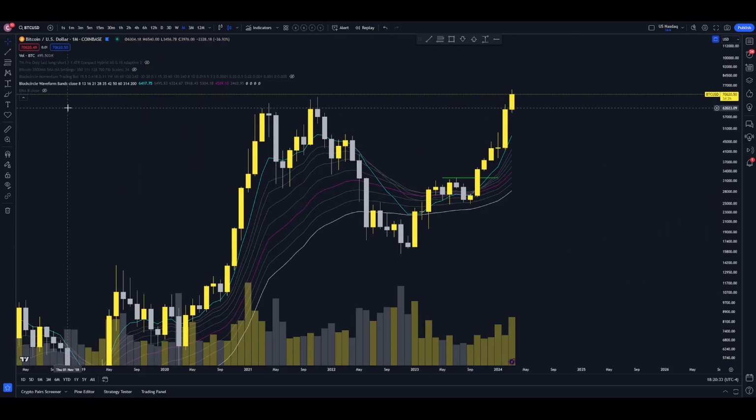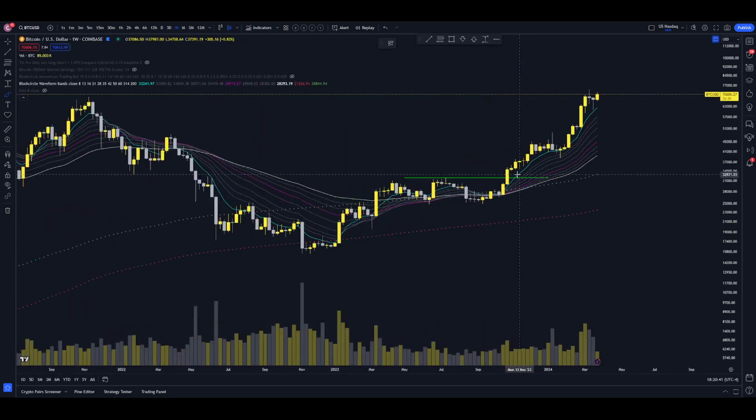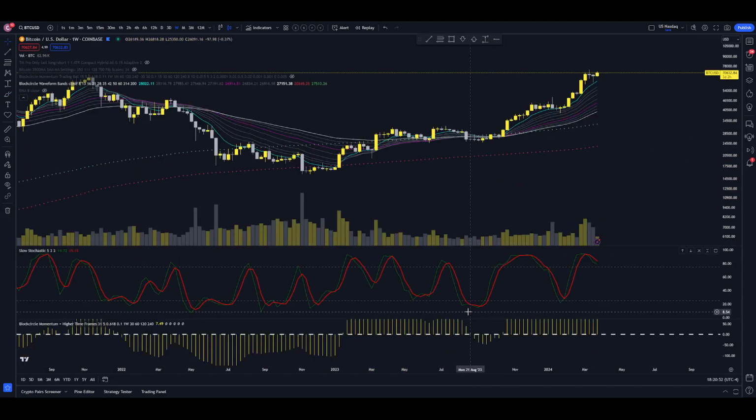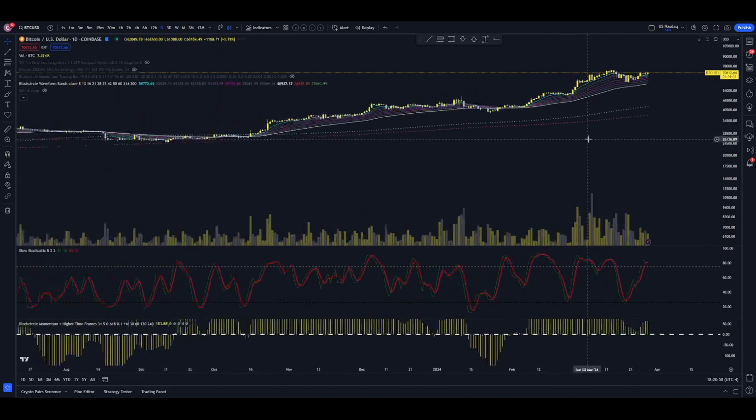So we've got an uptrend now on our monthly. Our monthly EMAs are rising. Our monthly stochastic is rising. Our 8 EMA is rising. On the weekly, our bands are starting to expand. We have a price action uptrend. Our 8 EMA is rising. We just came out of a cycle low. We got another cycle low over here. On the daily,